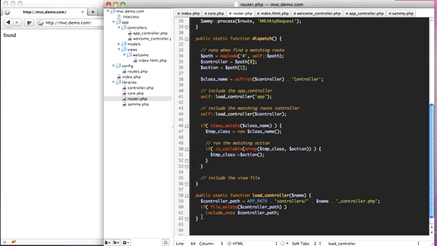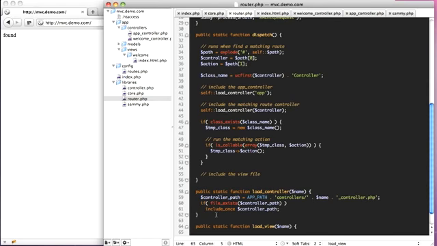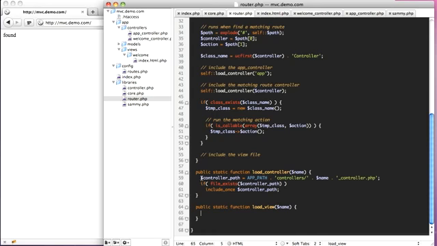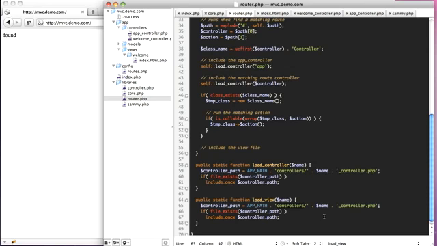So we'll create a new function down here, and this will be load the view. So load view, and this will be our view file's name, and it's going to be very similar to our controller path. So we'll just copy this and paste it in here. So we're going to change this part to our views, and we're also going to need to get our controller, because it actually goes into a controller folder. So we'll put in the controller name up here, and here we'll separate this out and put in a controller,